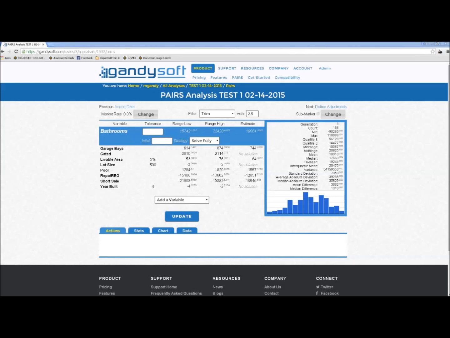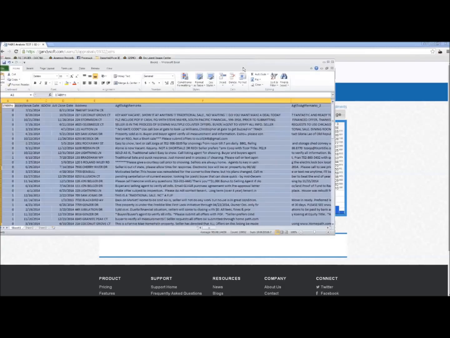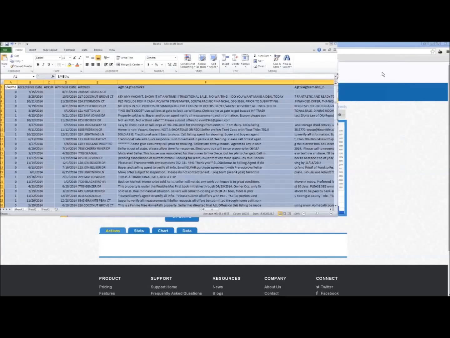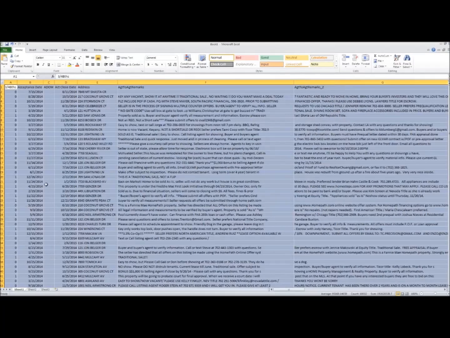So I want to take a second real quick and just show you kind of what I did here with the data initially. And I'm going to open it up in Notepad, and I'm going to dump it over into Excel so that I can show you guys what I did and what you can do and what you shouldn't be afraid to do. Okay, guys, I'm bringing over Excel. All right, so